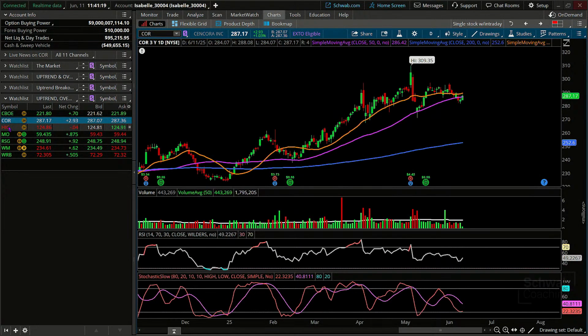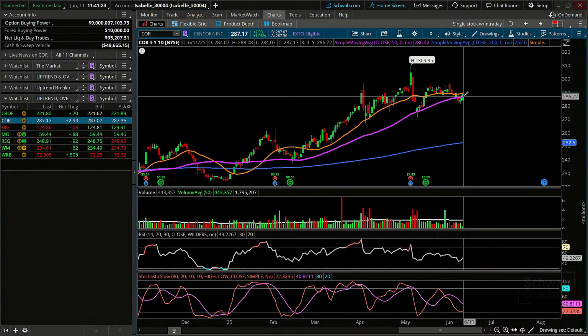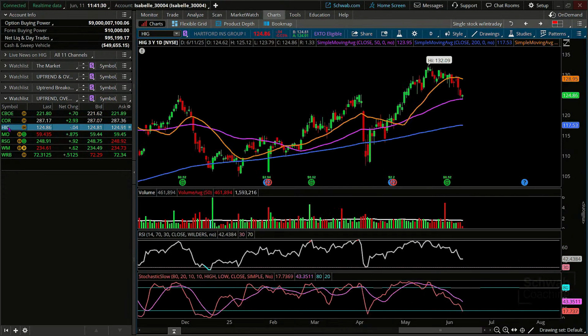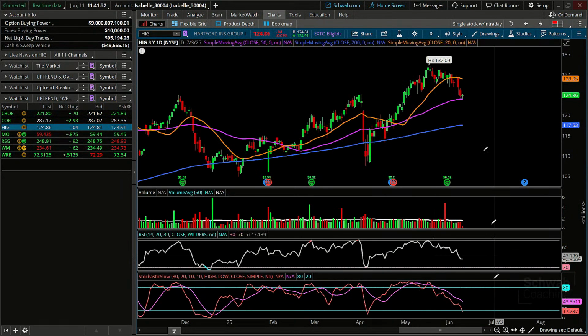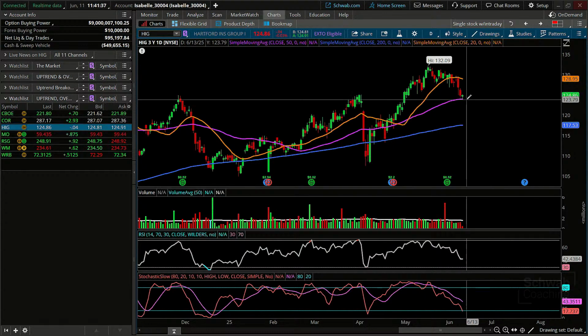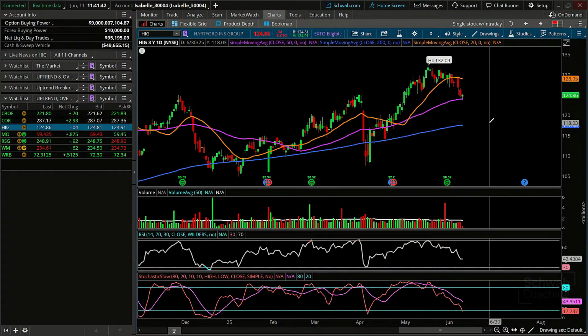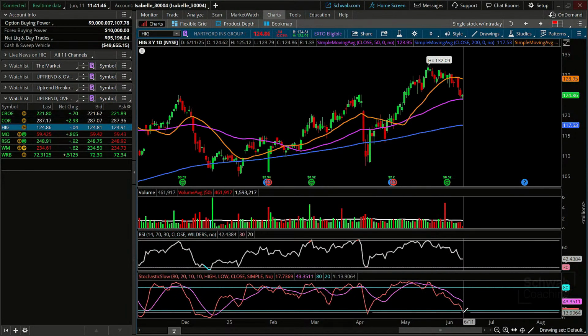Okay, here's COR. Tested below the 50, working its way back up to the 50. Might be a hold move day today on COR. What about Hartford? Ooh, tagged the 50 on the nose. Low today was below the 50, bounced off of the 50. It's a green candle. That means our last trade's above the open of the day. Our stochastic is oversold. Reminder that just because it's bouncing doesn't mean it has to be an entry, right?